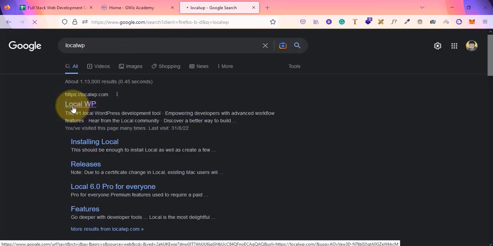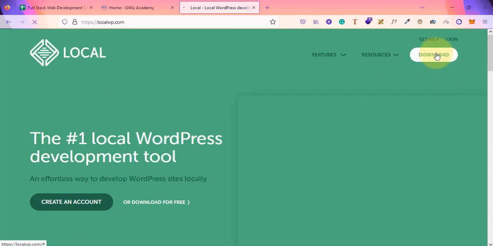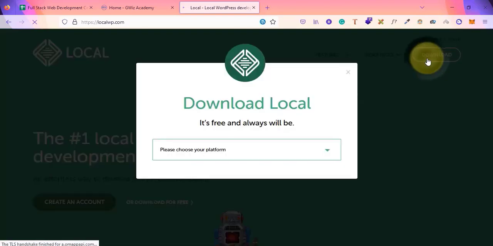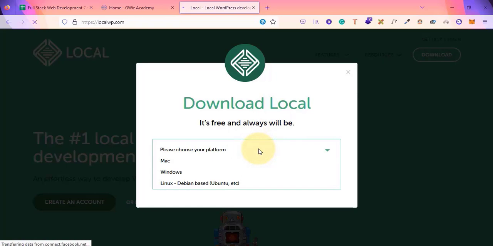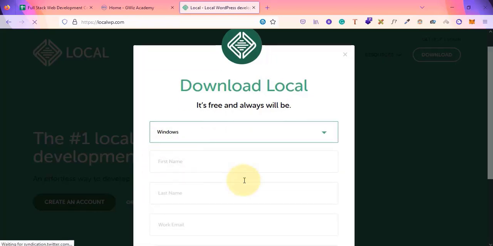Click on this first link, localwp.com, and then go ahead and click on this button. This is completely free, you don't have to pay. You can select your operating system. Right now I'm using Windows, so I'll select Windows, and then